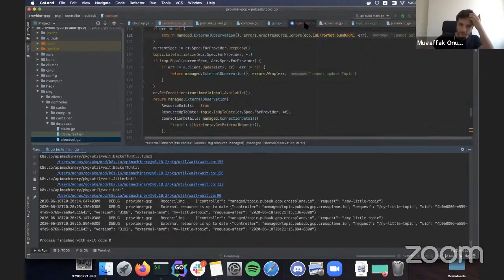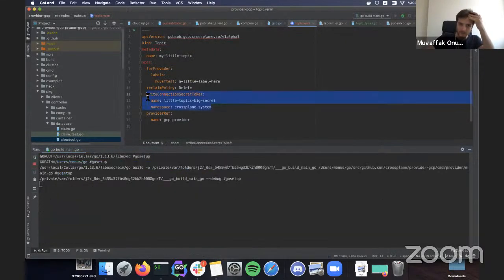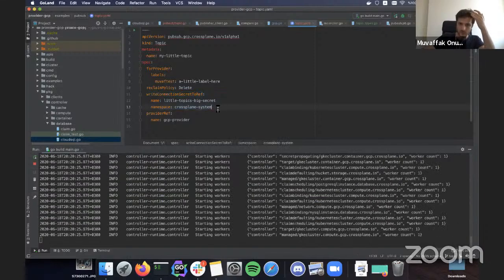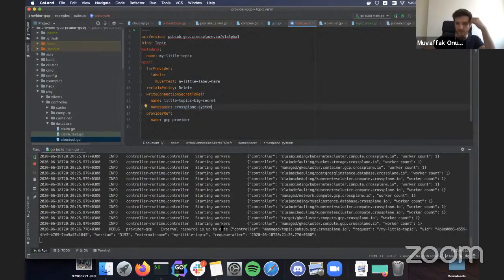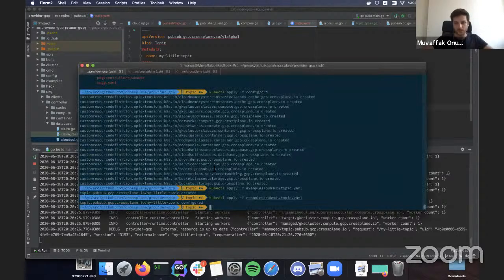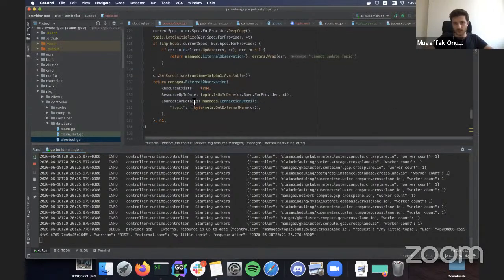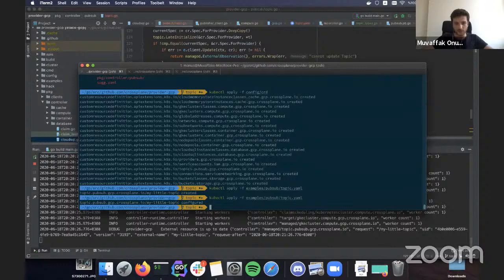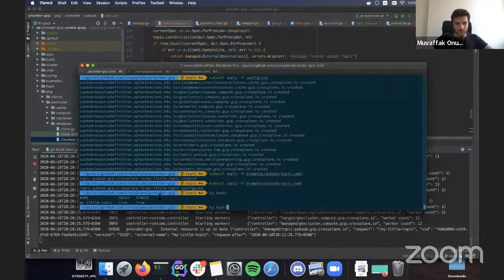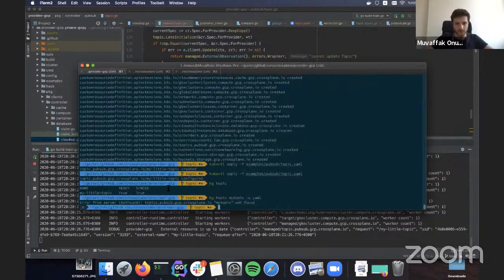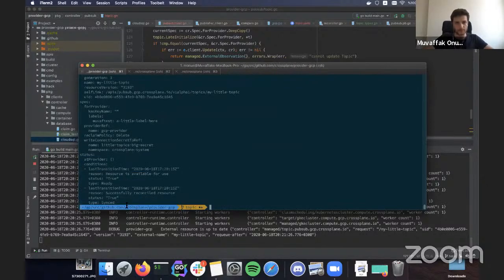So I have just updated my topic YAML to have the right connection secret ref field, which points to a secret that the connection details should be written to. All right, so we don't get the already exists error anymore, because we are able to tell whether the resource exists or not properly. So let's see the topics here. Okay, it's the little one. Cool, so it's available for use and other things.